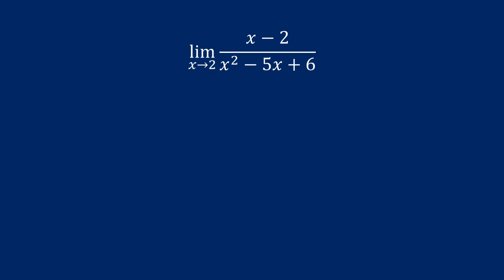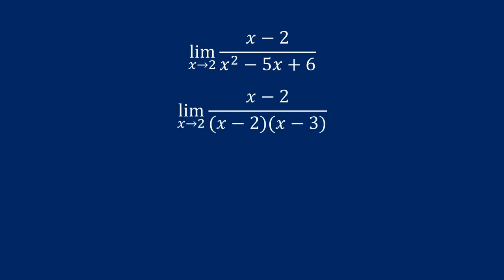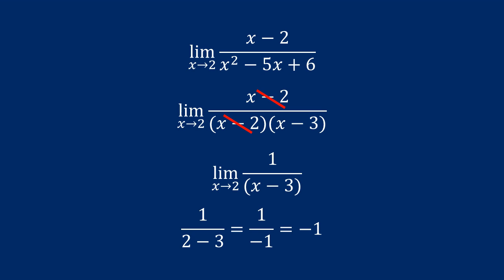Now, as you'll see, the denominator is a quadratic that can be split into two factors, (x minus 2) times (x minus 3). So our new expression is the limit as x approaches 2 of (x minus 2) over (x minus 2)(x minus 3). The x minus 2 in the numerator and the denominator can cancel out, leaving our expression as just 1 over (x minus 3). But now, since plugging in 2 won't give our function a value of undefined, we can go ahead and use direct substitution and plug in 2 for x. So we get 1 over 2 minus 3, which is equal to 1 over negative 1,